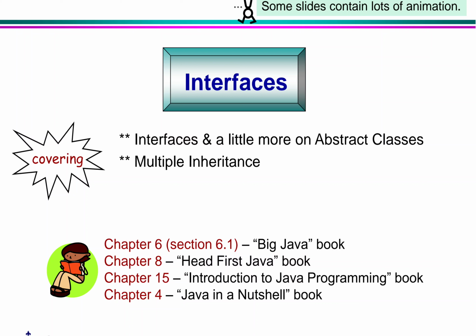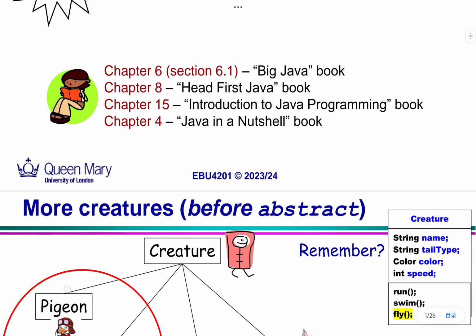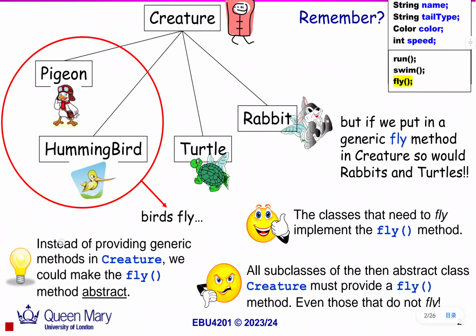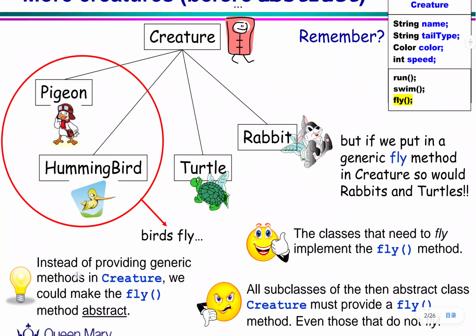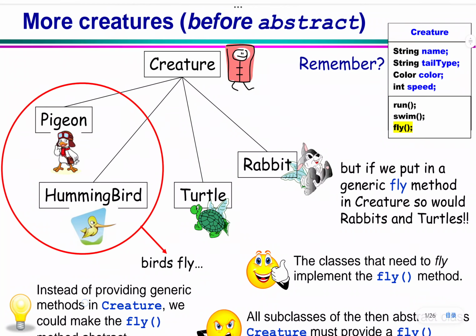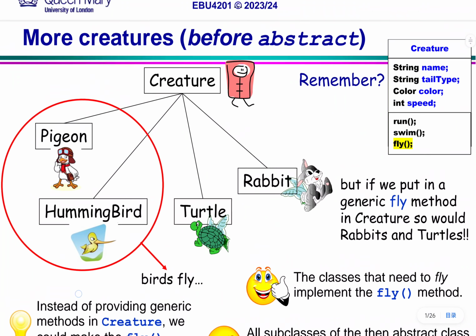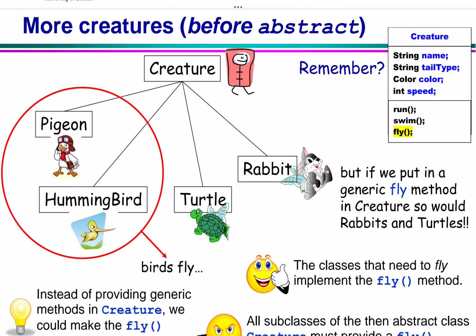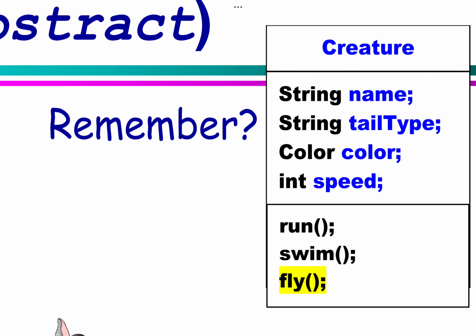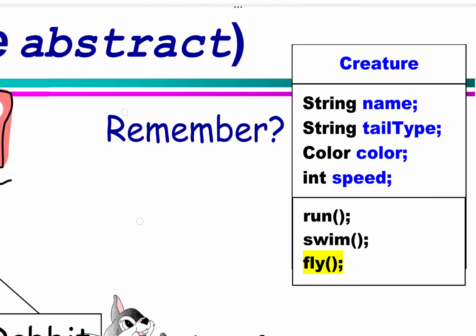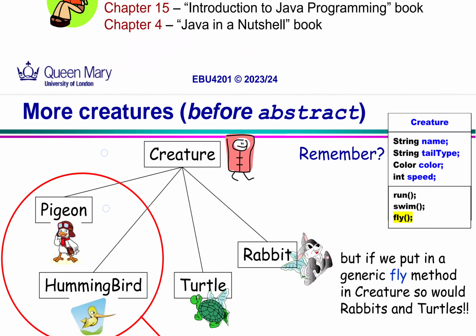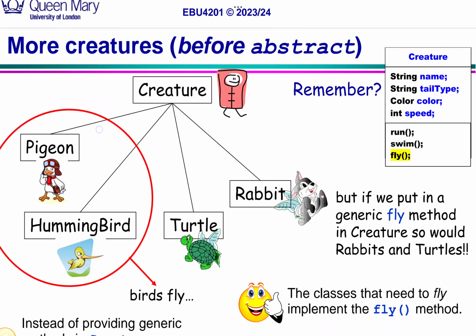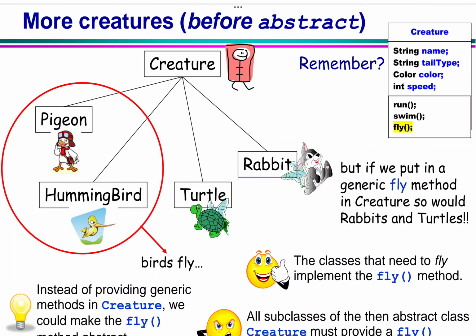covers multiple inheritance and interface, and a lot more about abstract classes. We have learned about abstract classes, which means that it's just a template. There are some creatures like pigeon, human, bird, turtle, rabbit, and so on. Please remember that this is just UML. Creature: string name, string tail type, color, and speed, run, brain, fly, but flies are not the